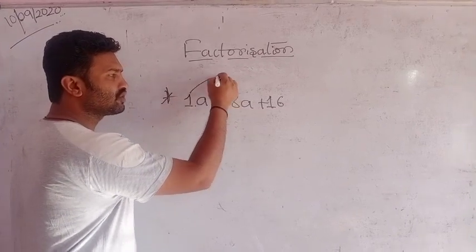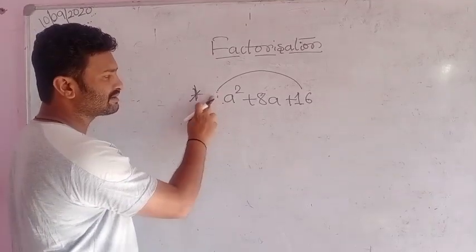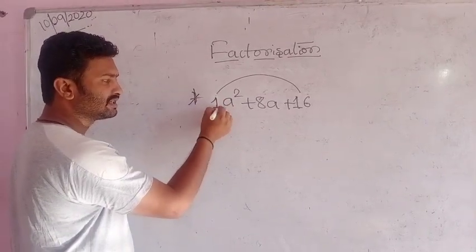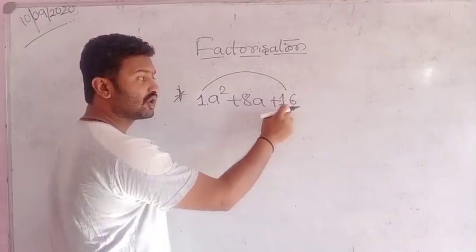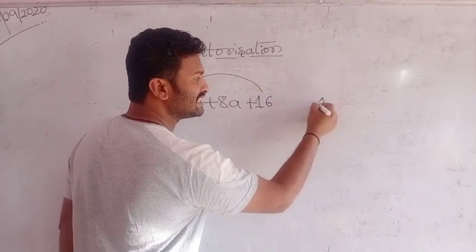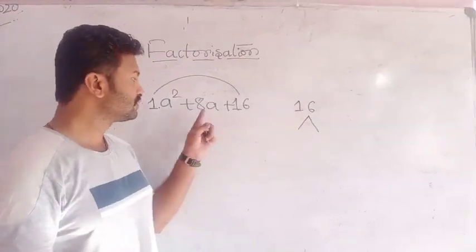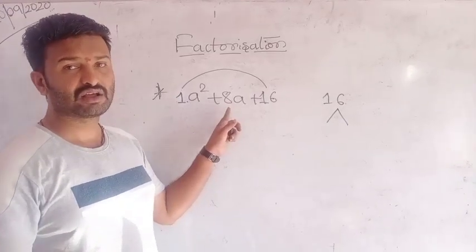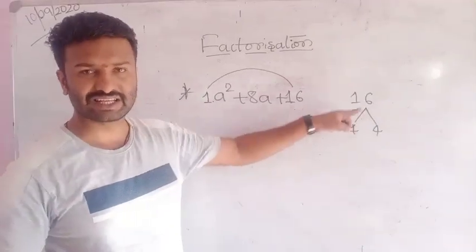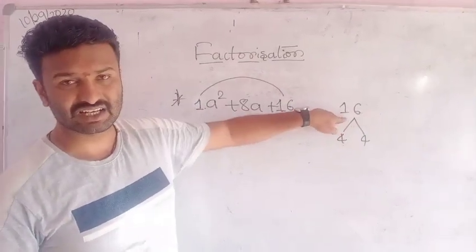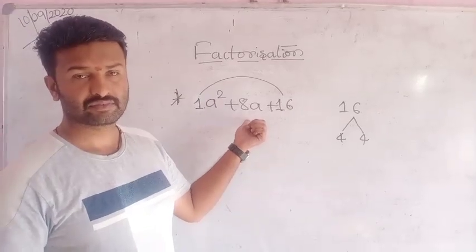We have to multiply the coefficient of a square and the constant term. How much is there here? Nothing is there means 1. Here nothing means 1 into 16. We have to multiply this into this constant term. How much you will get? 16. You factorize this 16. Okay, here how much is there in the middle? 8. 4 4s are how much? 16. We have to just factorize this 16.